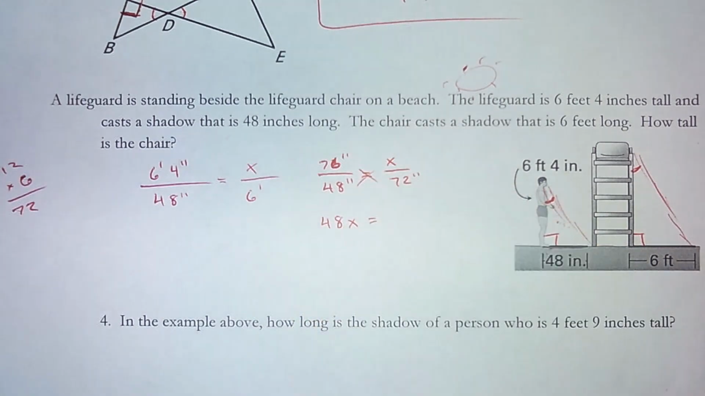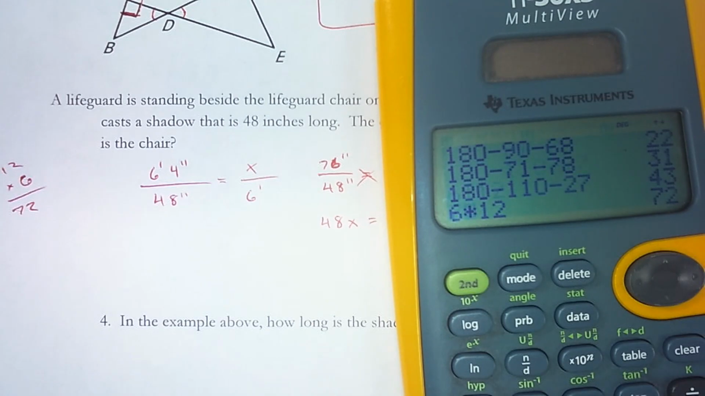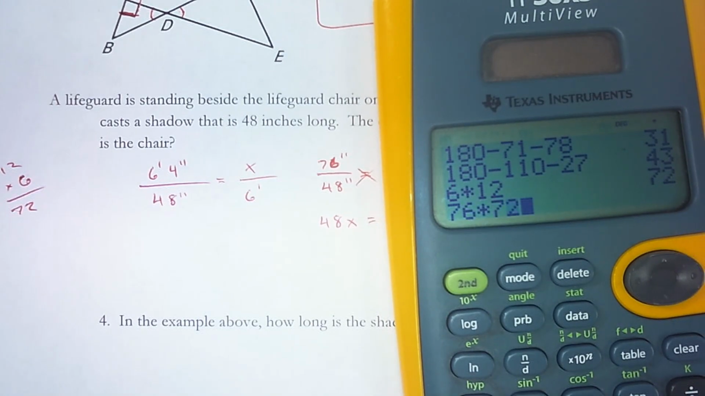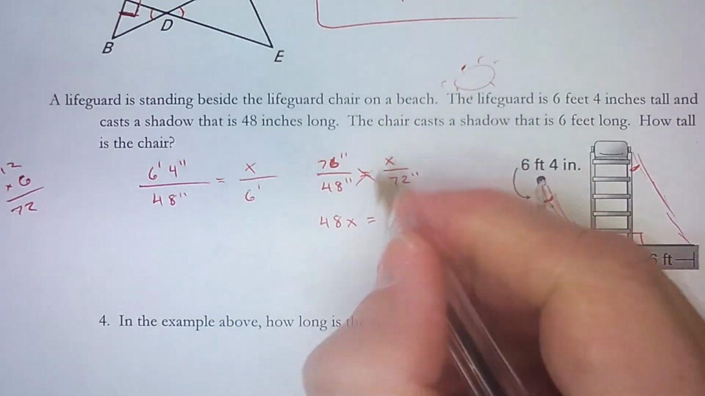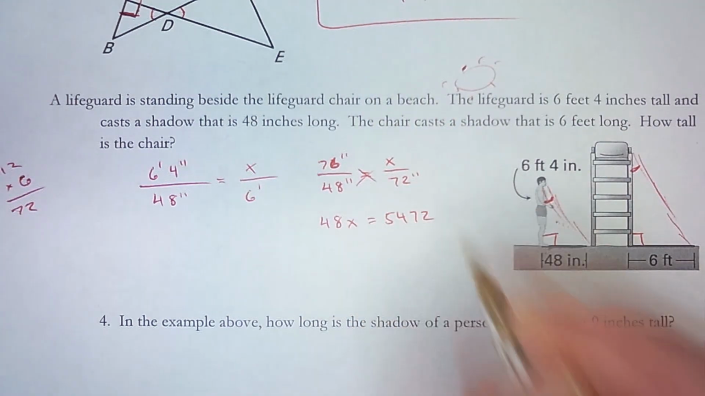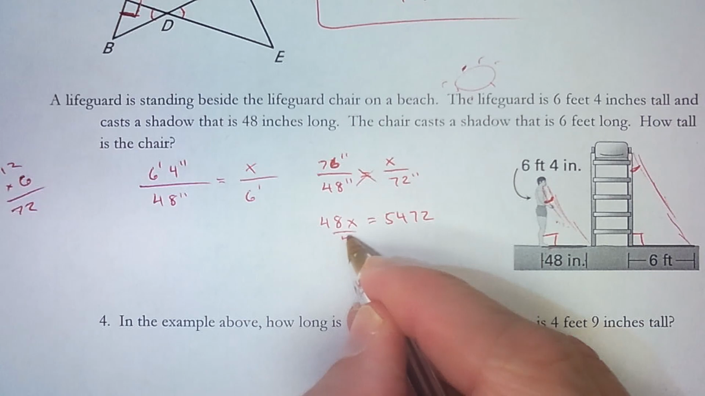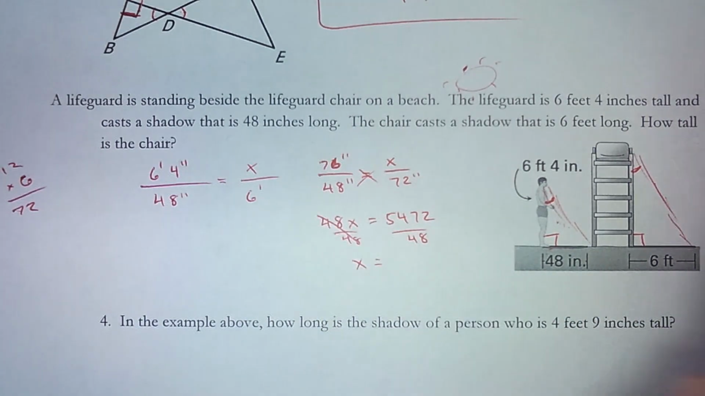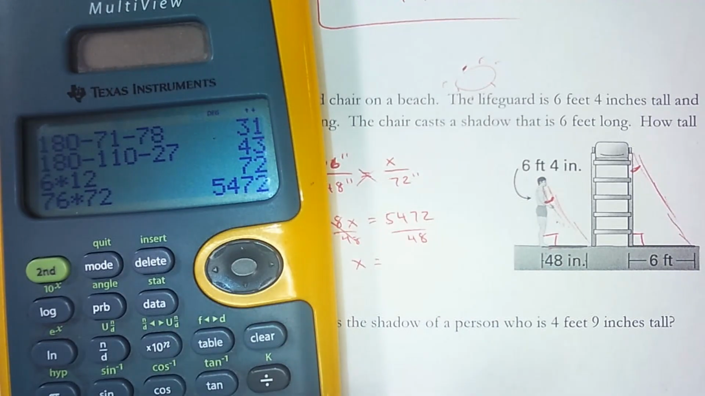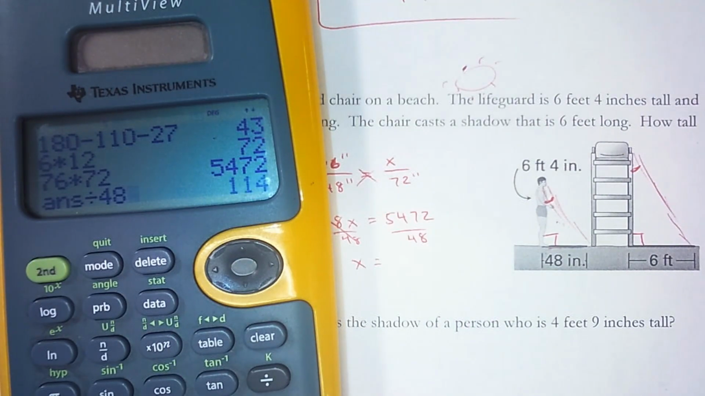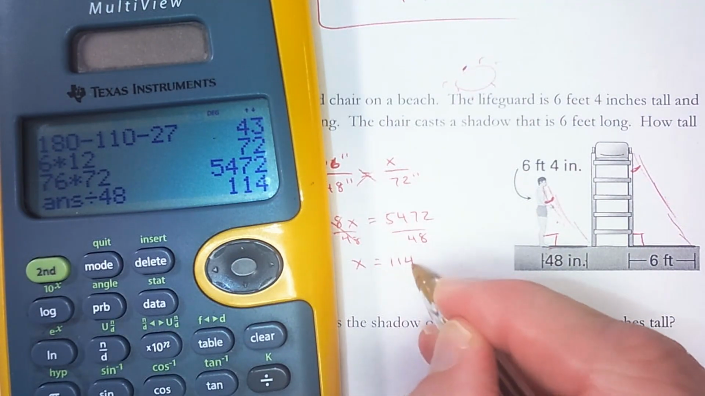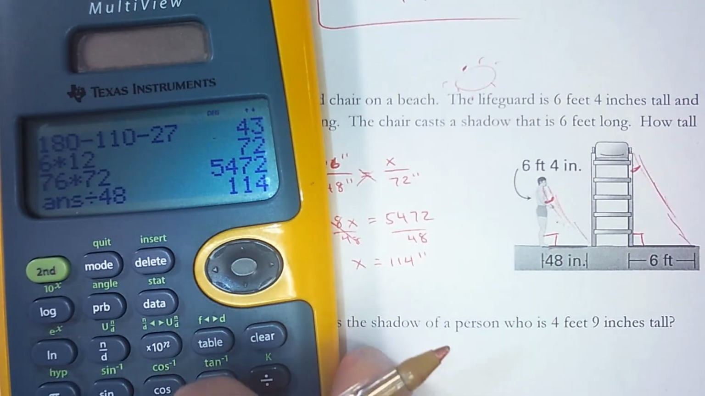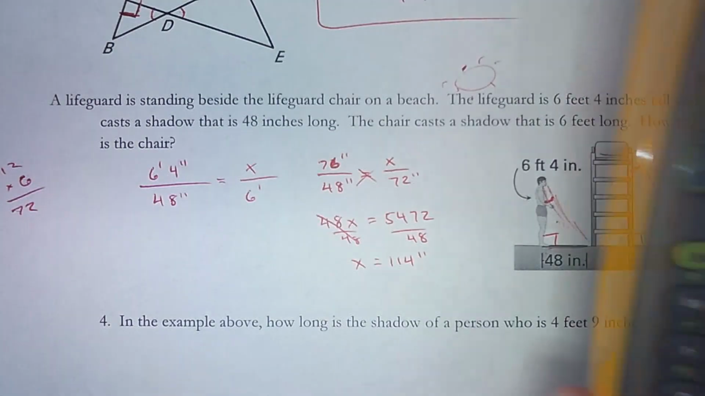48x equals 76 times 72 is 5,472. Okay, and then let's divide by 48. So divided by 48 is 114 inches. So the chair is 114